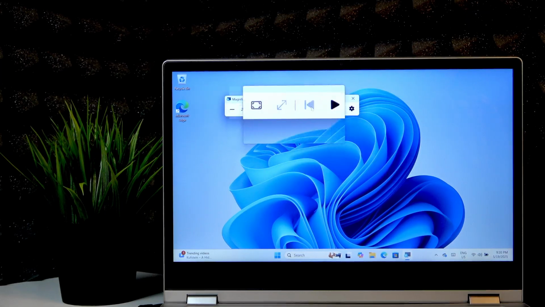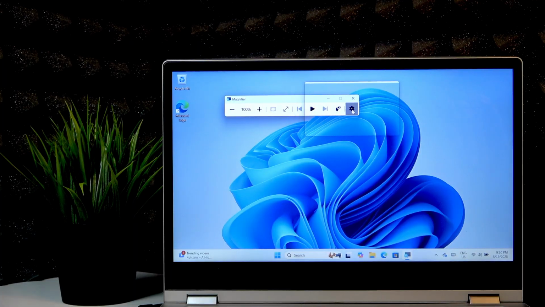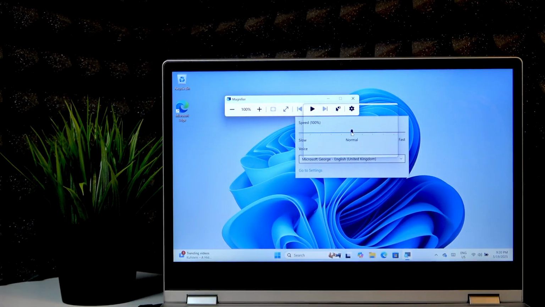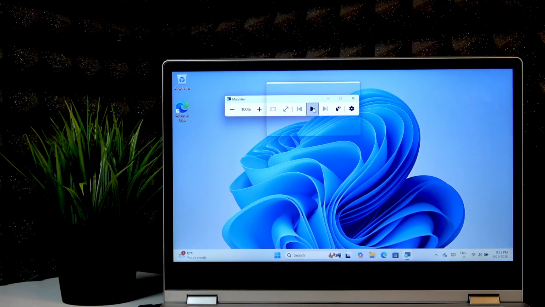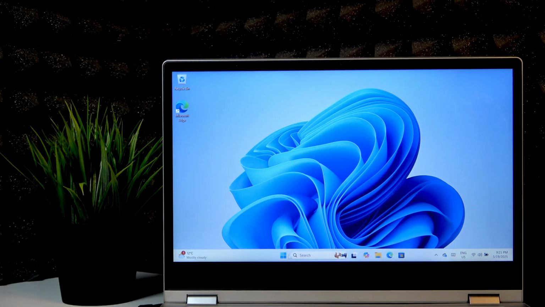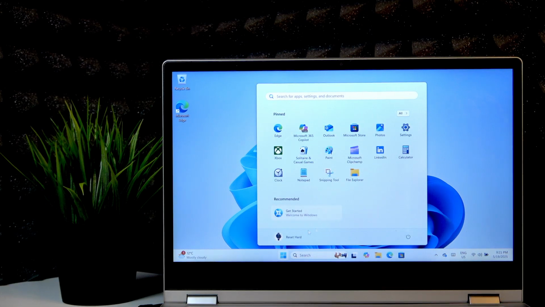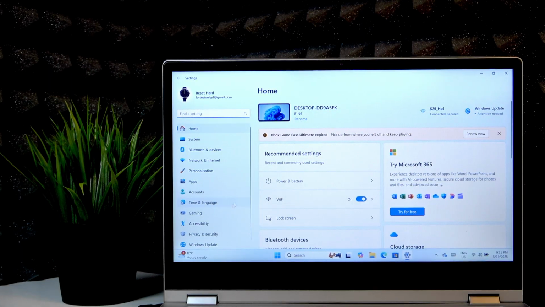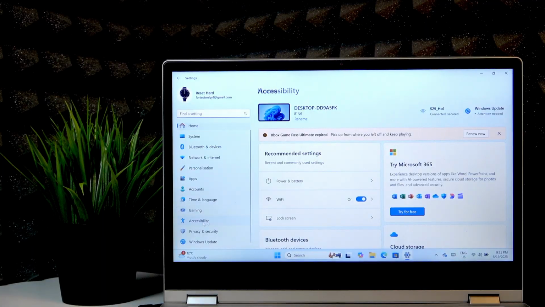Actually, let's disable it for a while so I can show it to you better. So right here you can increase or decrease the speed of moving of your magnifier and change the voice of the dictator. But you can also access this through the settings. To go to the settings, tap on the start menu, then select settings, and then let's go to the accessibility